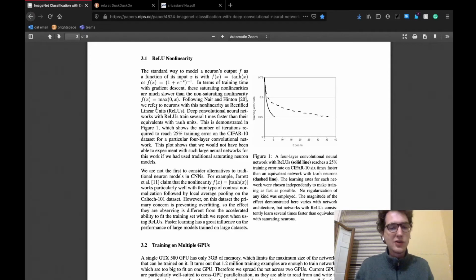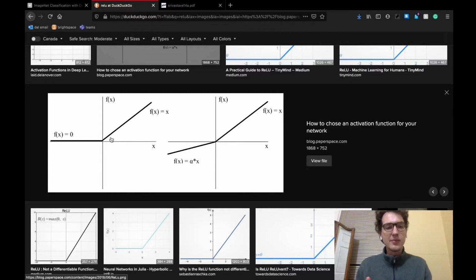Basically, it uses the formula max of 0 and x, with x being the input. We can see the basic ReLU graph, or the representation of that, on the left. And then on the right, we have an example of a leaky ReLU, which will basically compensate for any of the data loss that's shown on the left. Once again, that's a story for another day. For now, we're just going to focus on these ReLU activation functions.